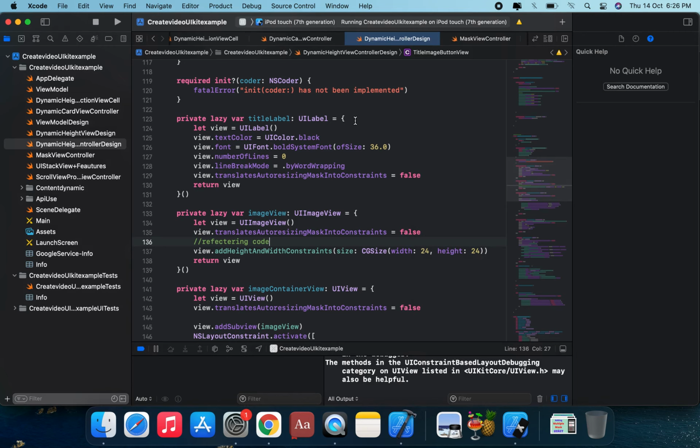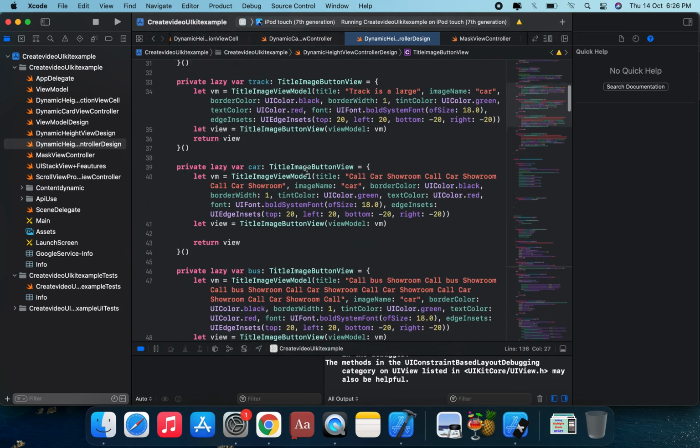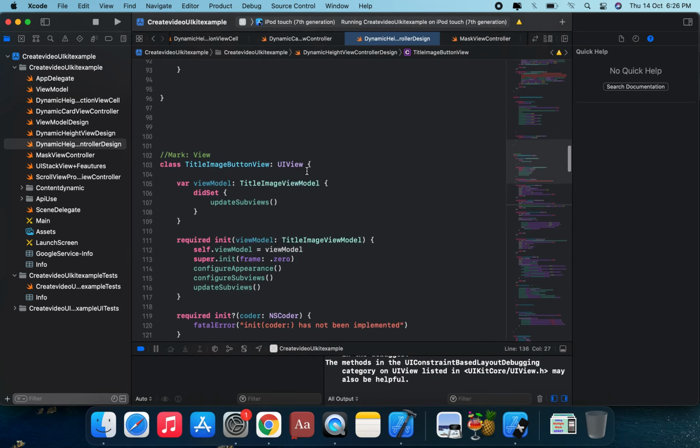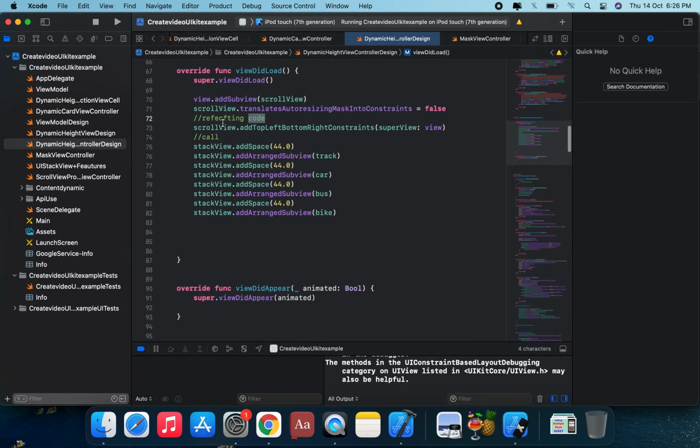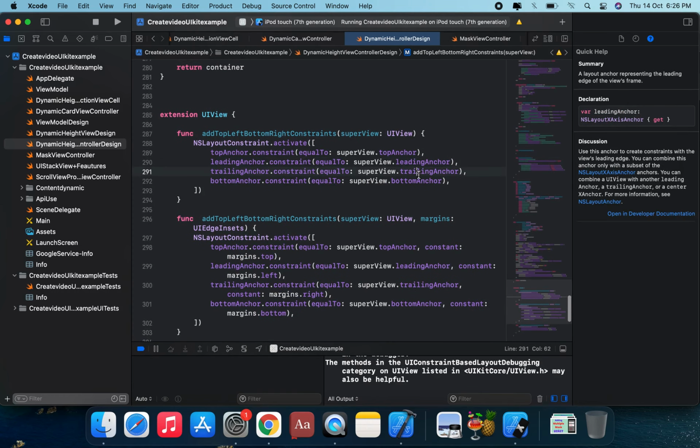So we can reduce the multiple lines of code to a single line using a UIView extension. Using a UIView extension, add this method. Let's consider one scenario. Suppose in viewDidLoad, add this refactoring code. One scenario where you want to add top, left, bottom and right constraints, all four constraints, to a subview. So for this we have to add constraints: top, bottom, left and right, with 0 0 applied on this constraint.